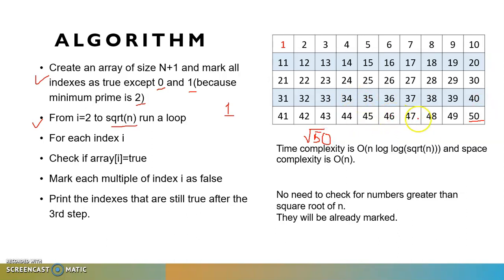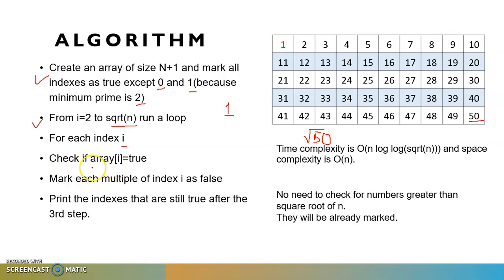Next to that, all numbers will be already verified. That is why you need to go up to square root only. Then again, for every index of I, here we are using the concept of index, because that is very easy to find out the index number. Index numbers are in sequence 1 2 3 4, and we are utilizing that property of array, such as index number, to find out the prime number. That particular thing you will see in upcoming slides.